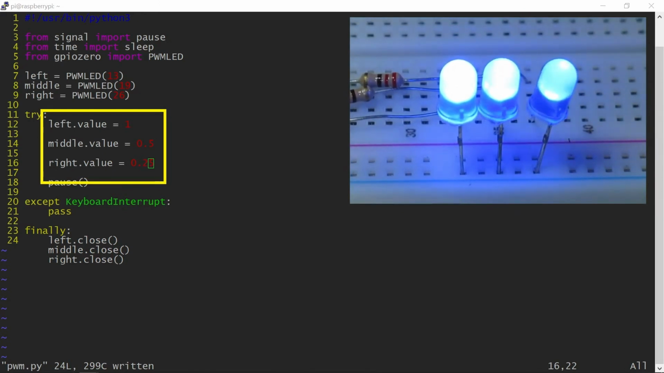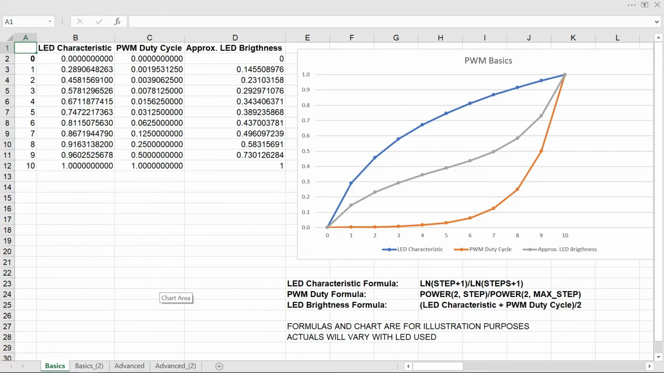This makes the value property difficult to use, as it is hard to predict what the relative brightness will be for a given duty cycle. This is particularly problematic when attempting to have gradual changes the way the pulse method works. Let me illustrate that using a spreadsheet. The logarithmic LED characteristic results in brightness levels changing rapidly on the low